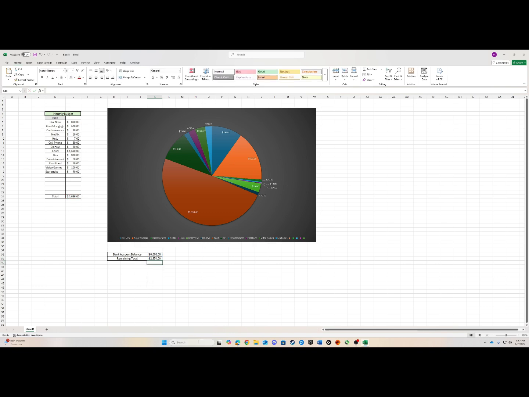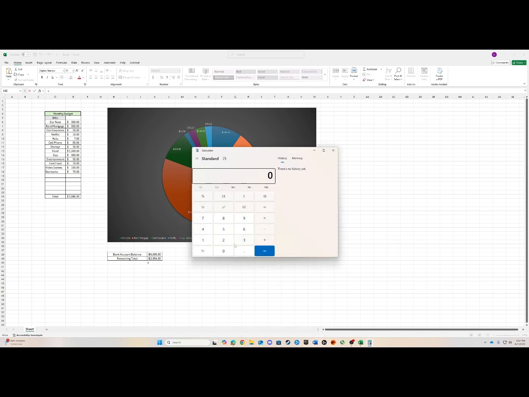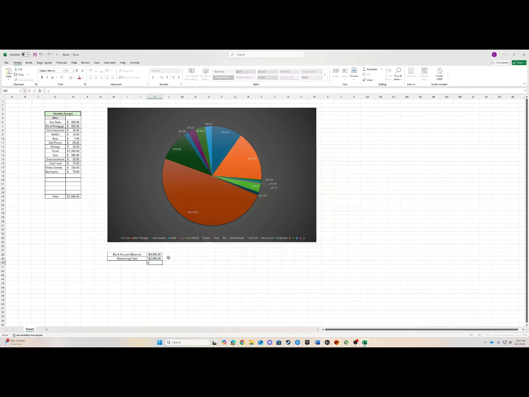All right, if you need to verify that, if our total was $6,000 minus $3,046, our total is $2,954. So the math is mathing. All right, that is another cool way of doing that. Just a quick budget sheet. If you needed to add a